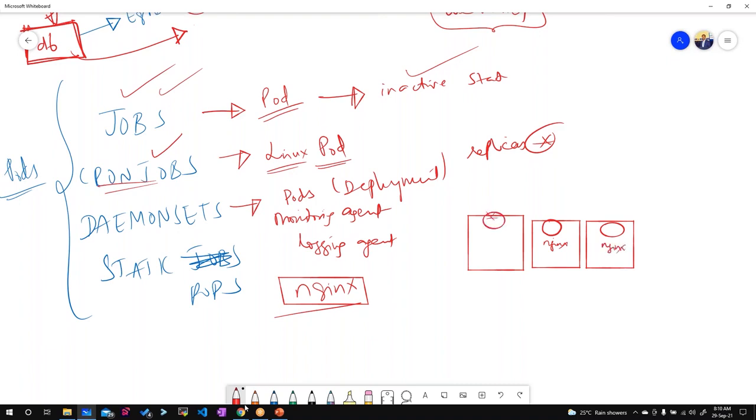Let's say I have added a new node to the cluster, worker node 3. Once you add a new node, the daemon set will immediately run one more nginx pod there. It won't run two instances on a single node. It will make sure that there is only one pod running per node.